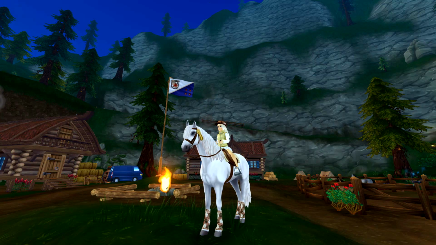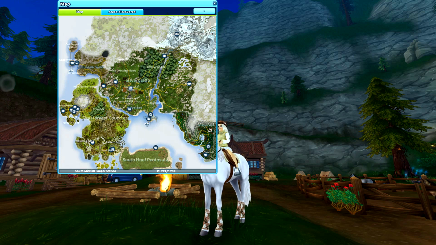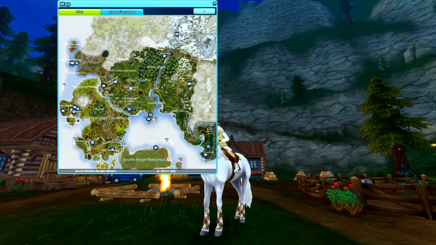Okay, now that we're finished with those races, we just have to find the place for our last race. So opening up the map again, and let's go ahead and ask Google the same question. Okay, Google, give me a number from 1 to 5. 5. Okay, so I guess we're going back up to the top left corner, but since we've already done this,